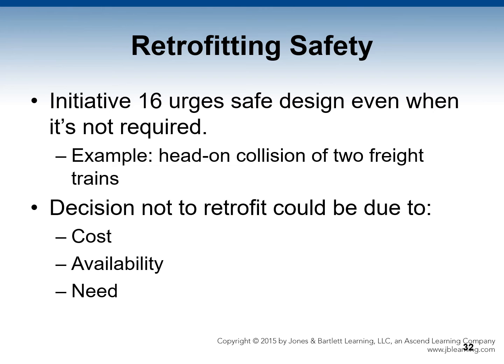Initiative 16 urges emergency response organizations to incorporate safe design even when it is not required. History is full of examples of tragedies that could have been avoided by providing safety equipment that was suggested but not necessarily required. After two Canadian National, or CN, Railway freight trains collided head-on in Anding, Mississippi in July 2005, recommendations from the National Transportation Safety Board, NTSB, to the Federal Railroad Administration, FRA, included mandatory installation of specific safety equipment. The report also shows that positive train controls, or PTCs, have been strongly recommended by the NTSB since 1990,